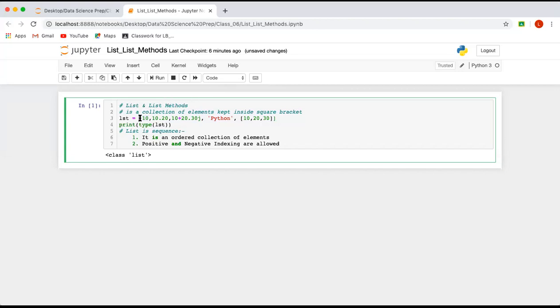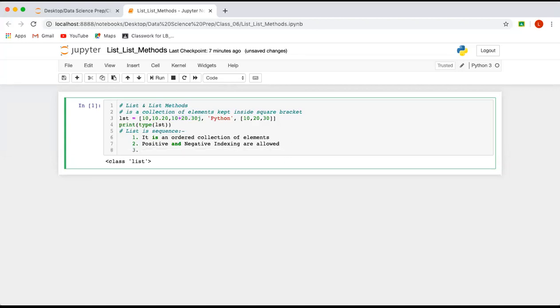Similarly, in the list also, positive indexing will start from left hand side and from 0. So the first element is at 0 index, the next element is at 1 index, then 2, then 3, and so on. Similarly, negative indexing will start from right hand side and from -1. So the last element is at -1, this is at -2, this is at -3, and so on. Clear? So positive and negative indexing both are allowed.